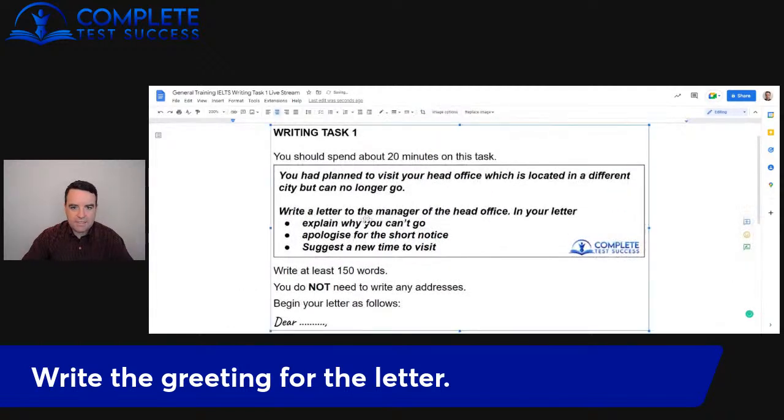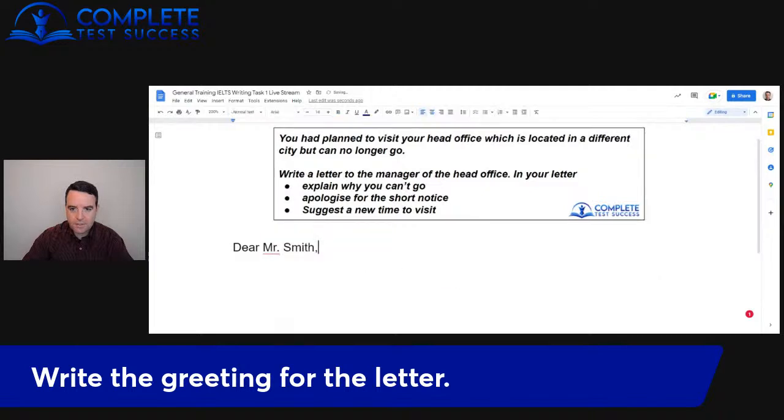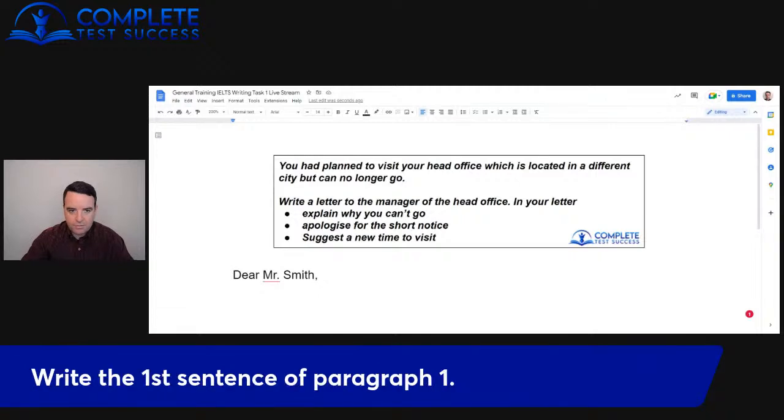Okay, now the rest of the letter, we don't really need the rest of the question. We already know what to do from this point. So I'm just going to make it smaller so that we can see a bit more. Now, from there, we jump quickly onto the next task. And I want you to write the first sentence of paragraph 1, not the full paragraph, just the first sentence, because I want you to focus completely on that first prompt.